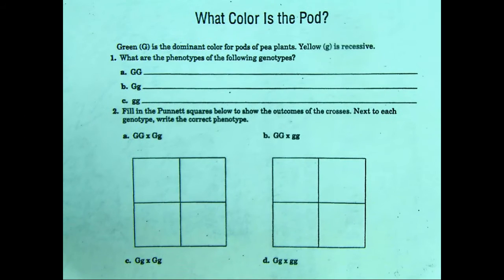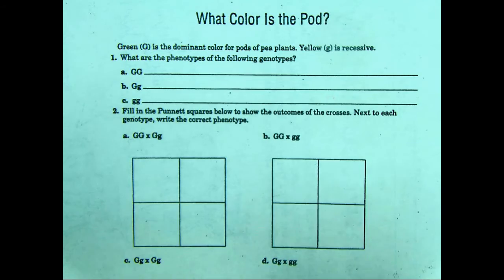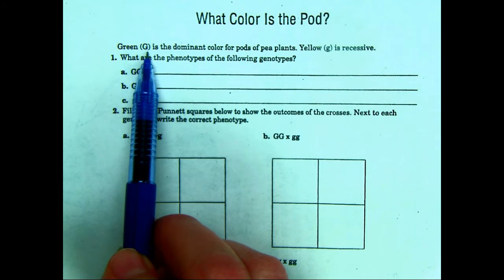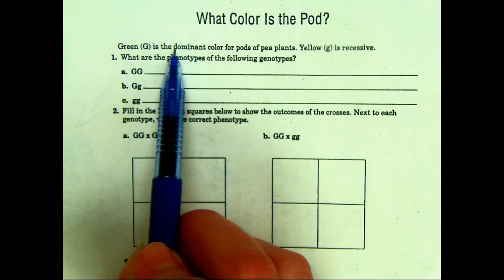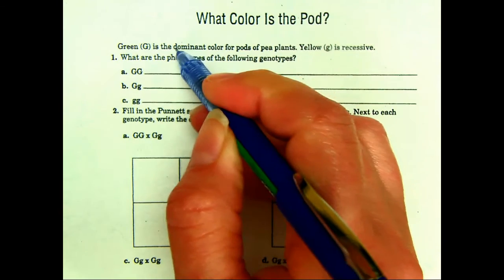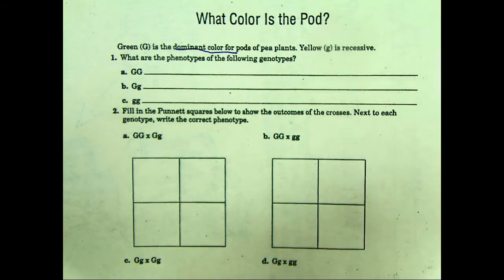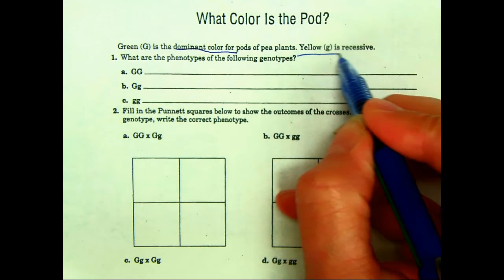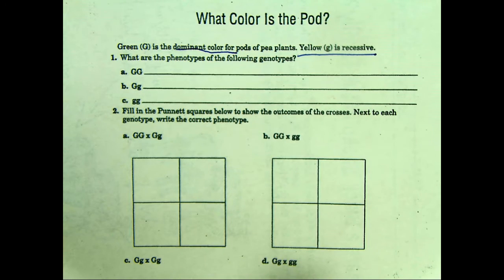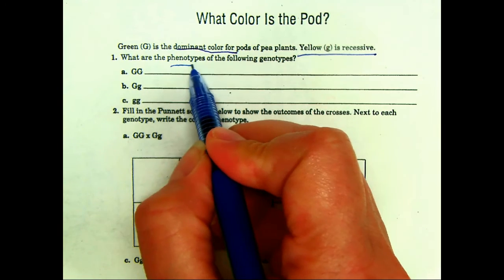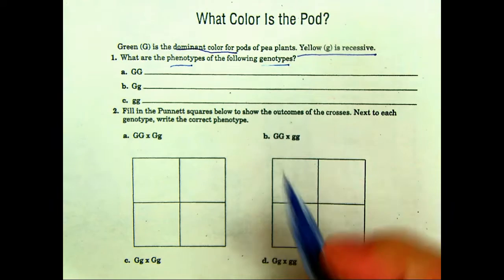Color is the pod. So for this it says green, big G, is the dominant color for pods of pea plants. Yellow, little g, is recessive. What are the phenotypes of the following genotypes? So again,